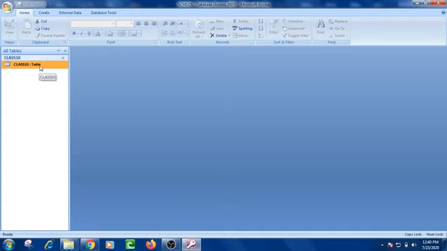Now after creating the table, we can do the other works like we can make a query, we can create the form, we can create the report. So first thing that we are going to do is to create the form.